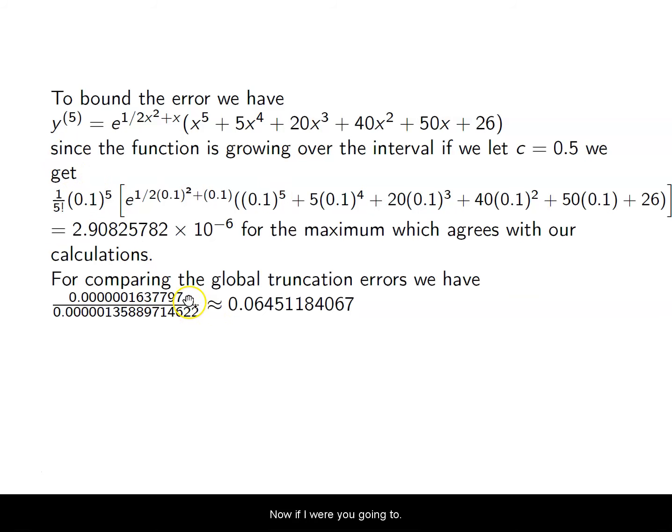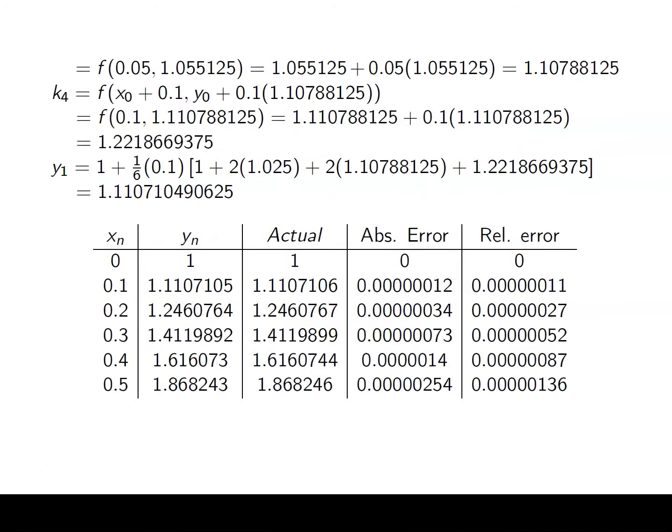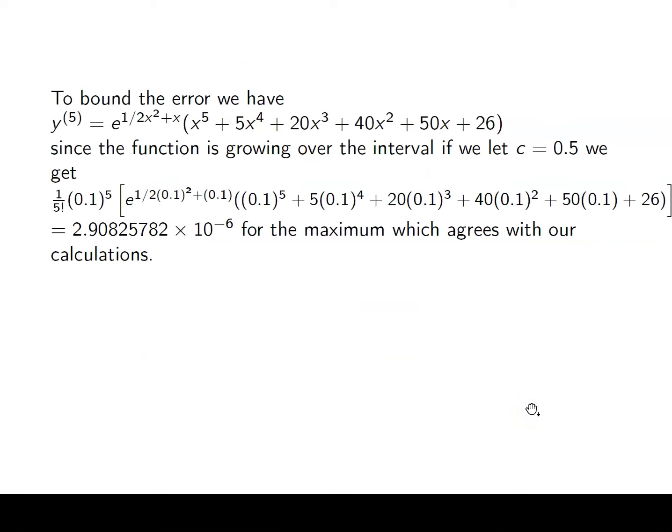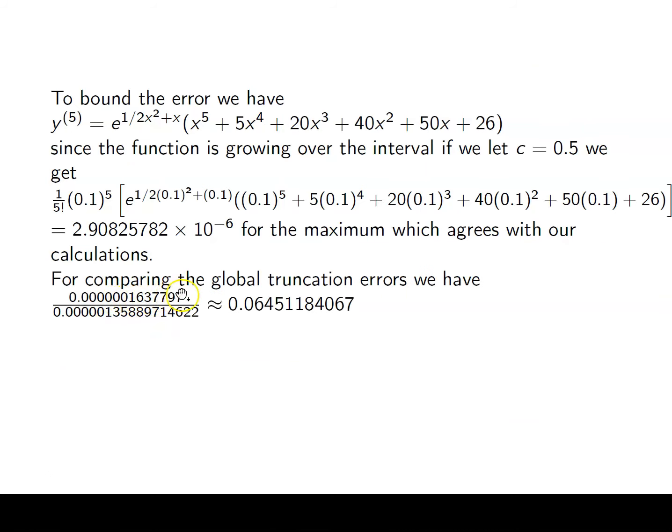Now if I were going to just divide the two global truncation errors, this is from H equals 0.5. So that's me looking at the absolute error divided by, that's this, 0.0000001 3 6. And for the other one, it's 8, 7, 6, 6, 5. So I'm taking both of those, 1, 6, 3 here, and the other one, and I'm dividing the two, and that gives me about